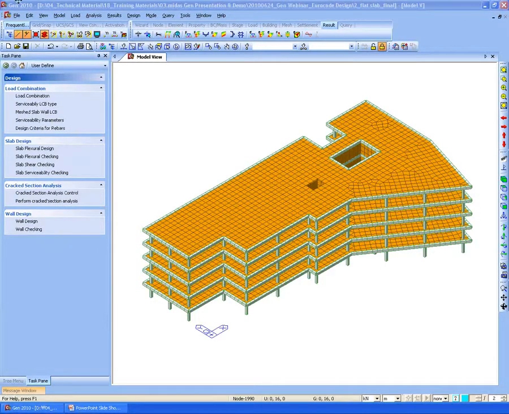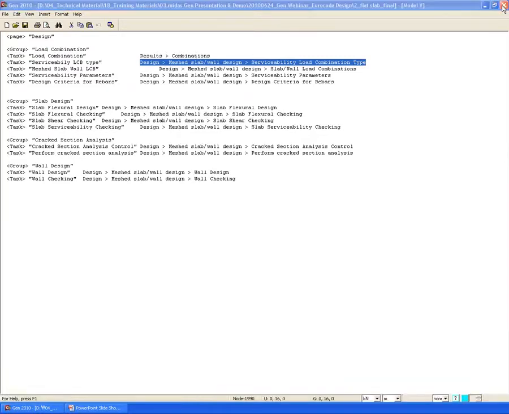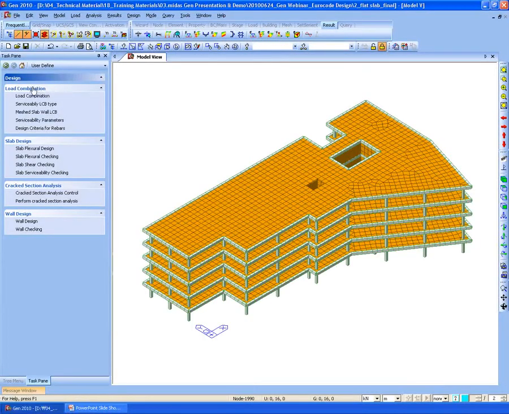This data can be made very easily using the text format. By entering the name and desired menus, you can easily make this task pane data and then enter it in this page. So I will use this task pane for performing the meshed slab design.